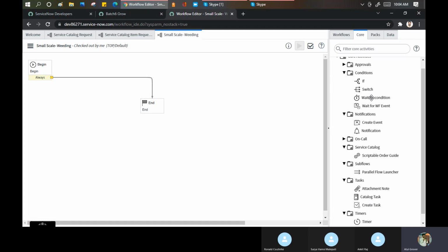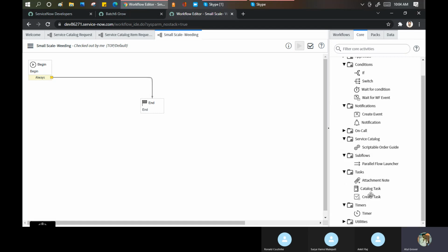Then timer. Sorry, this thing I said wrong. Wait for condition. This is a timer. When I wait for some time to update my database, and this is actually required sometimes when you are doing the integration work. Suppose I'm bringing the data from X system to ServiceNow. Before users submit the record in ServiceNow, I'll put a timer for 5 minutes or 2 minutes so that my record should be settled down here.